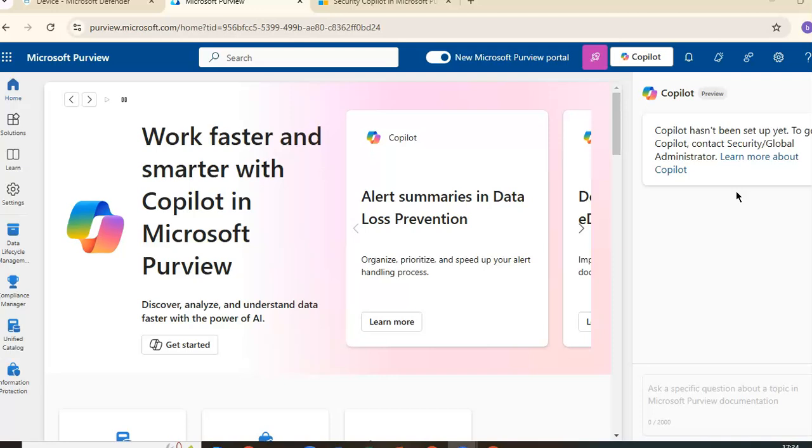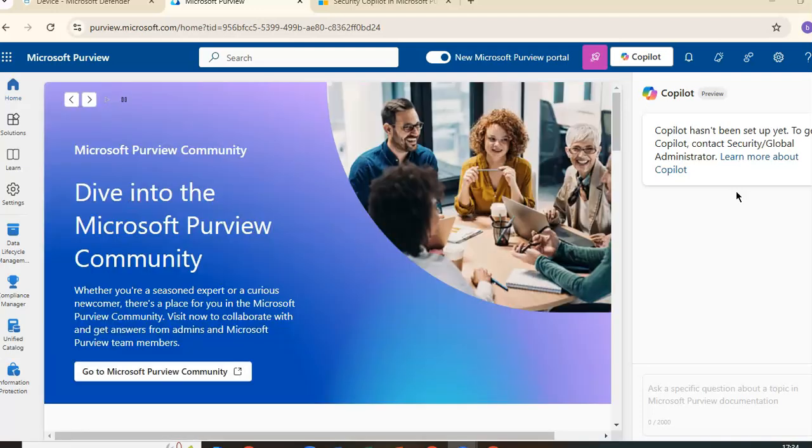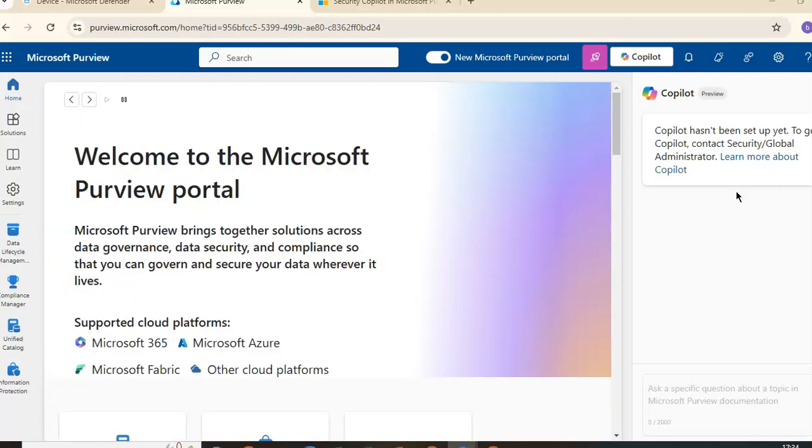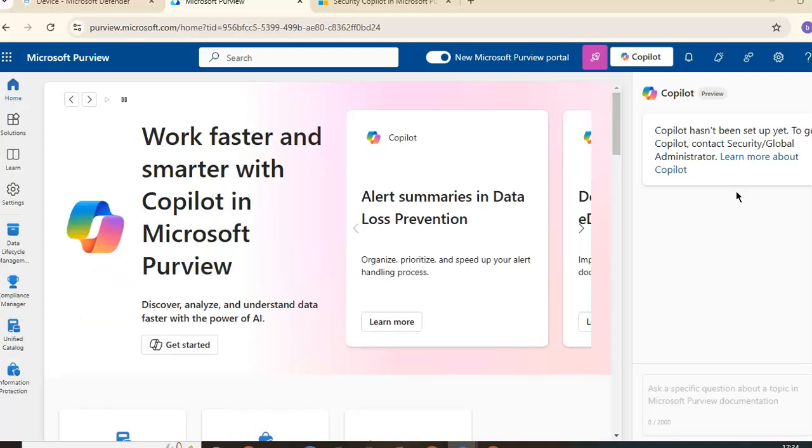We will get the summarized policy matches based on trainable classifiers for communication compliance. We will get contextual summary for e-discovery cases. We'll gain insights in Activity Explorer data and generate filters from natural language prompts. Now, there are some key features in standalone experience as well. Now, if you want to enable the Microsoft Purview source in Microsoft Security Copilot,